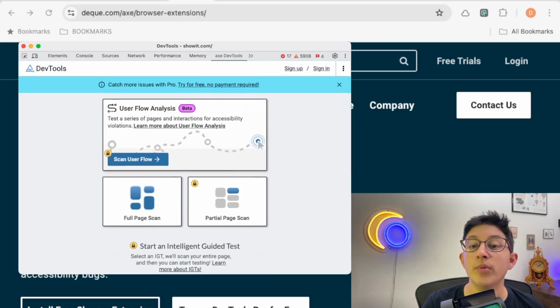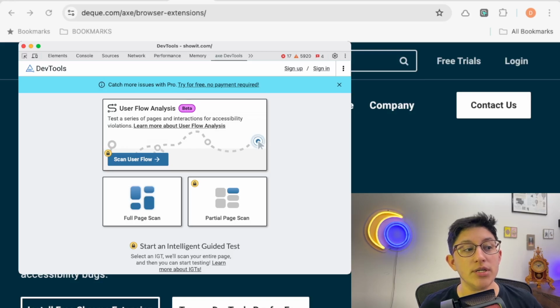That's why this is a little bit lower on the list. It's a much more heavy duty tool. It's a little bit more developer focused. And so if you do feel comfortable using it, it's a great tool to check out, but it might be a little bit more advanced.